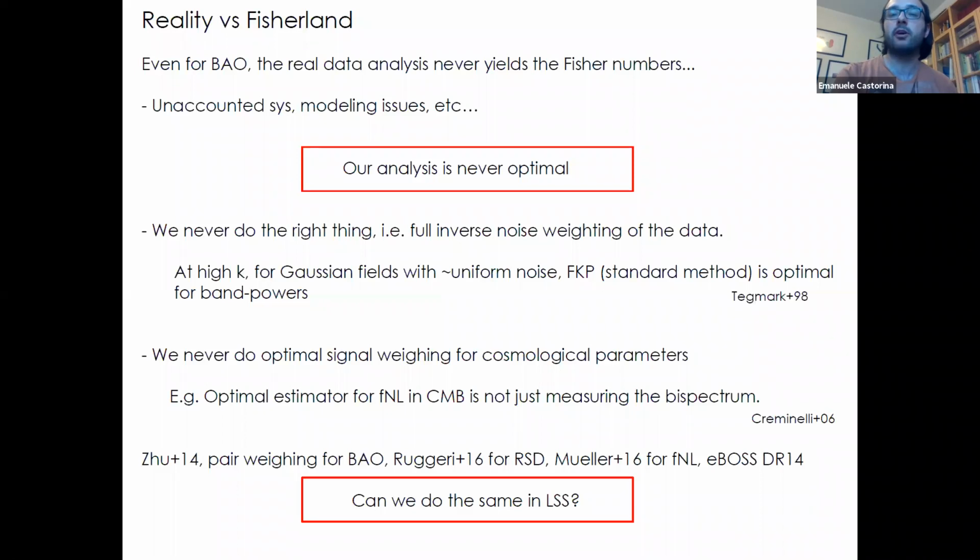Whereas this is obviously not always what we do in the data. In fact, it's not what we do. We almost never do it. And so this is already going to be a source of discrepancy between our Fisher expectation and what we actually do in the data. So over the last 5 years,